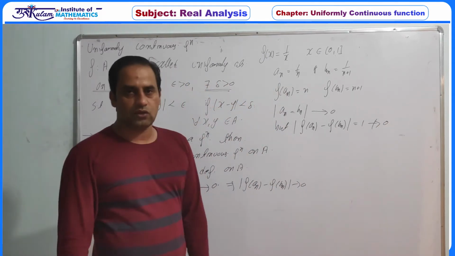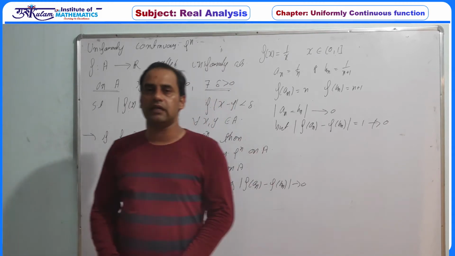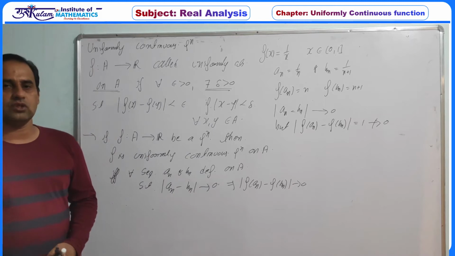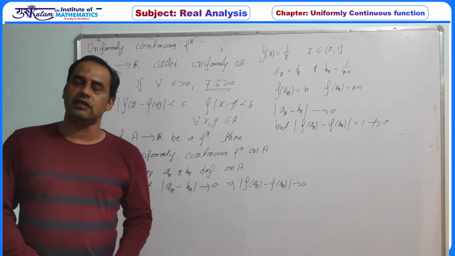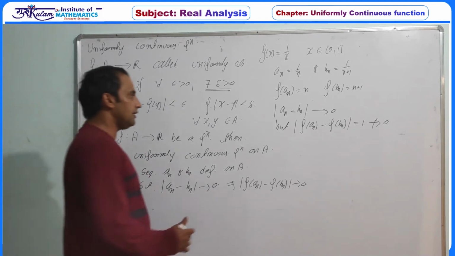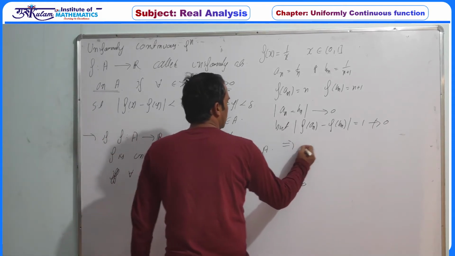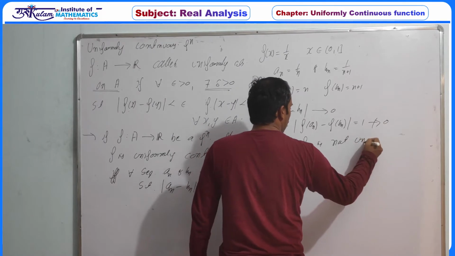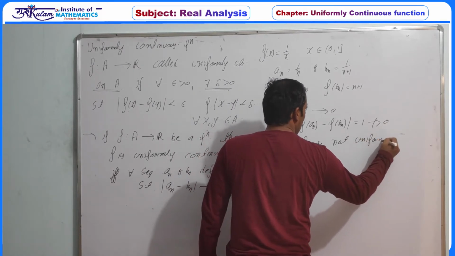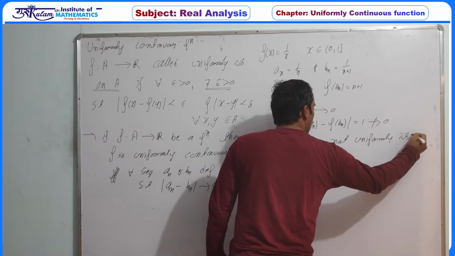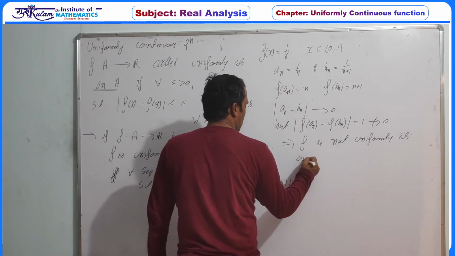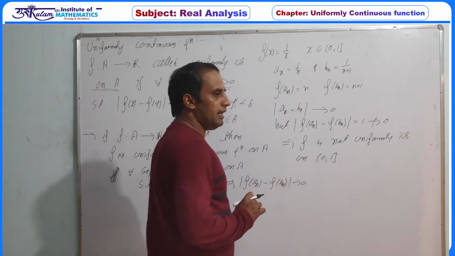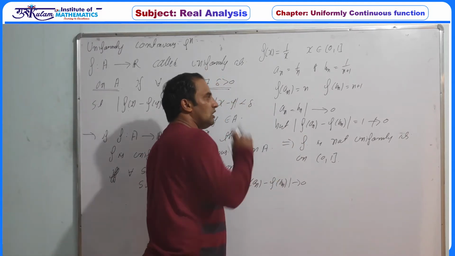So we have two sequences a_n and b_n such that a_n minus b_n converges to 0, but f(a_n) minus f(b_n) does not converge to 0, which implies this f is not uniformly continuous on (0, 1],